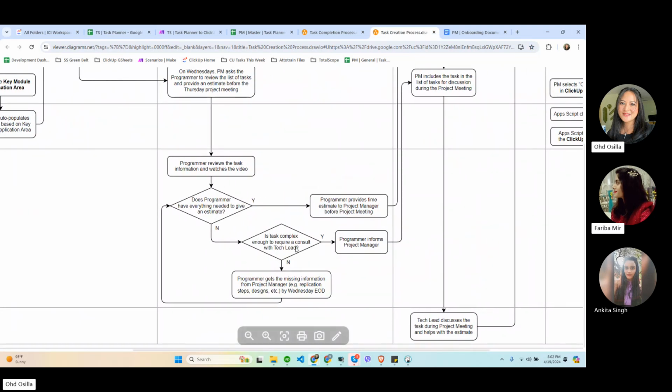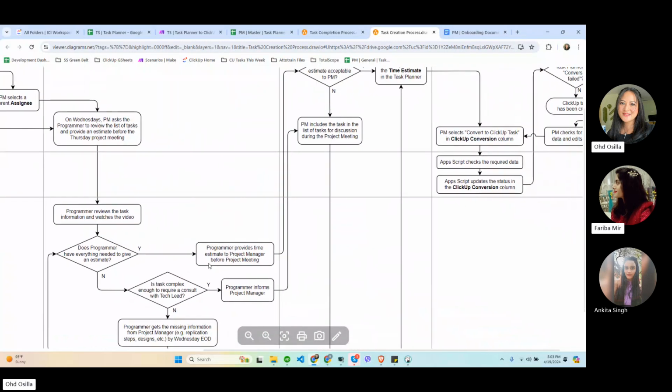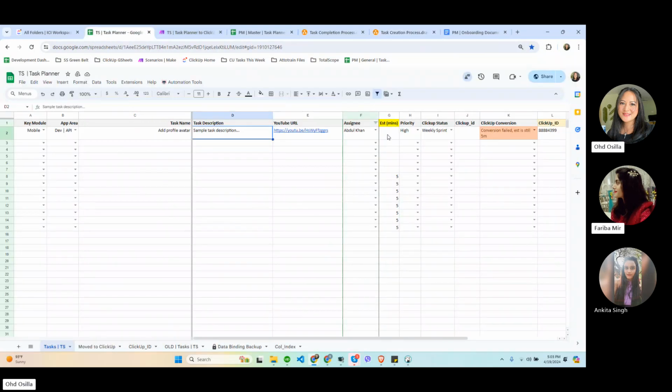Or if the task is too complex and they require consultation with the tech lead, like Kasim, they would also tell you that, so you can arrange a call and discuss the task. If the programmer gives you an estimate, you will then add it to the task planner.